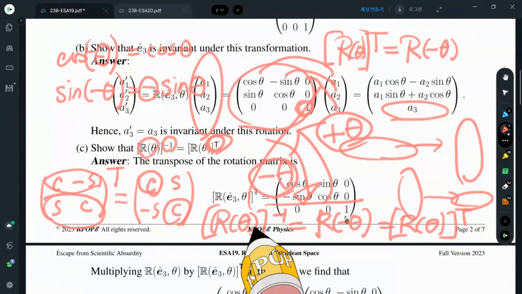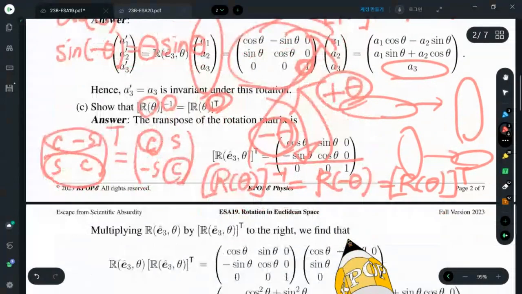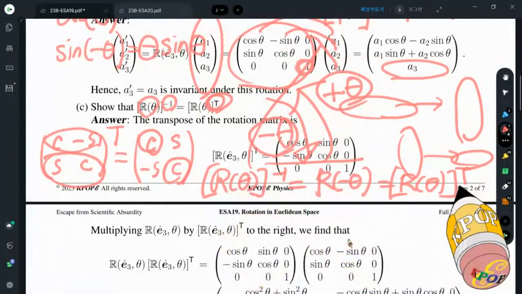But if you are doing physics very well, then you don't have to worry too much about it. Most matrices have an inverse that is just the transpose. Remember, not always, but if you are working on a rotation matrix,